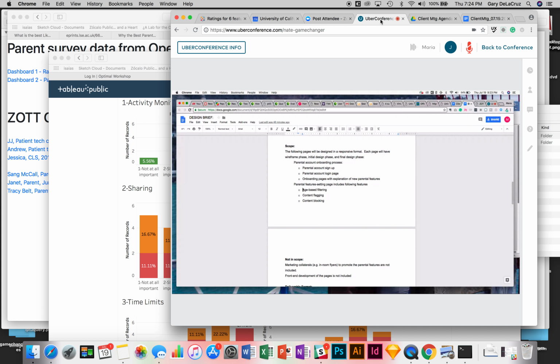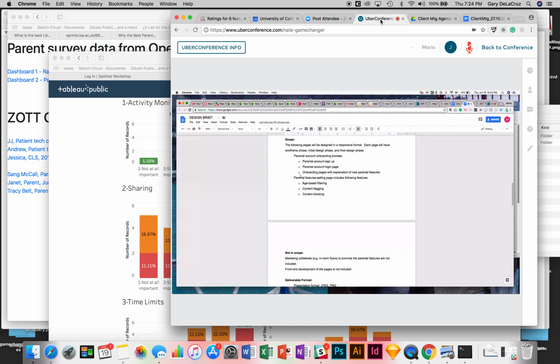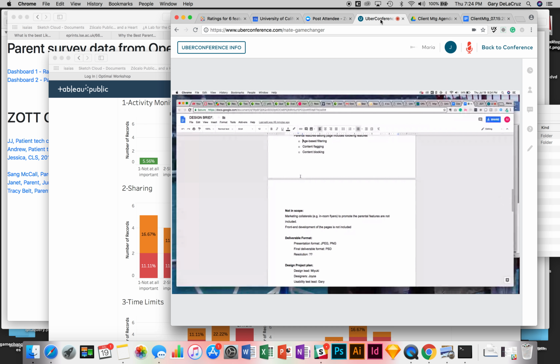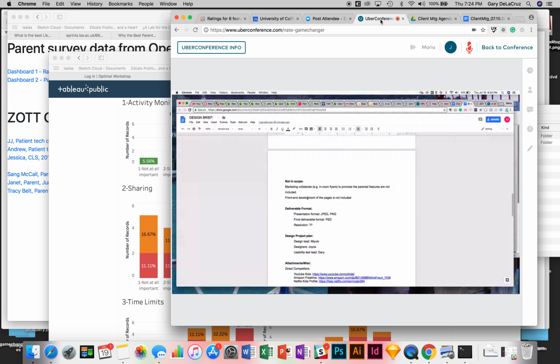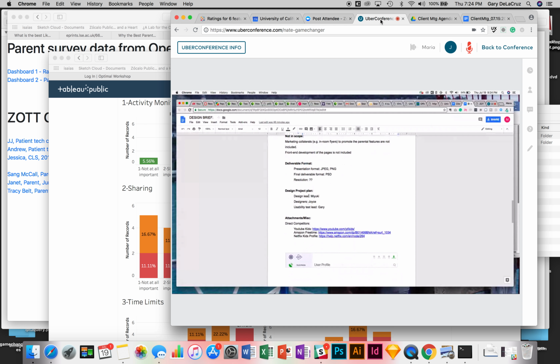And then, did you have any questions, or does this part make sense? The onboarding. Yes, this makes complete sense. Okay, awesome. We decided to focus on the app itself and what we could do in there. I know we had talked about the marketing collaterals and that there was a need for that, but we decided not to focus on that for this one. And we won't be doing the actual development and coding of the pages. For our deliverable formats, we expect that this will be what we will be able to provide to you at the end.